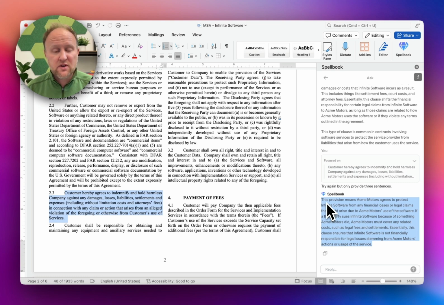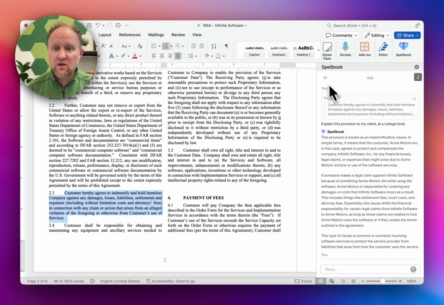But you can imagine there's all kinds of scenarios where I might want to get a different context or just see if it might do it better than me. Or maybe it is truly a provision that I don't know or haven't come across and I want it to explain it. I can also ask it to explain it on both sides so that I could see the contrasting opinions of the 2 different parties.